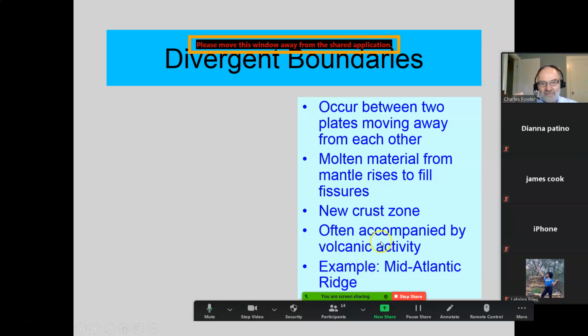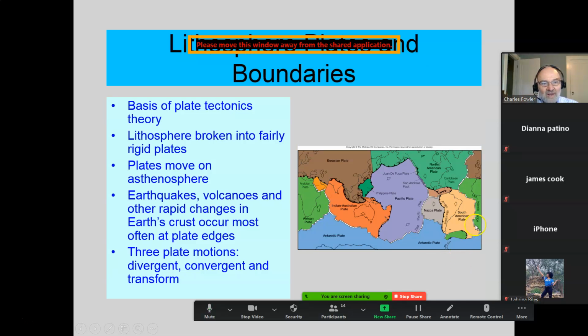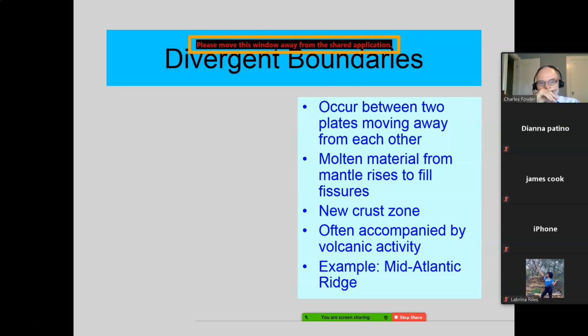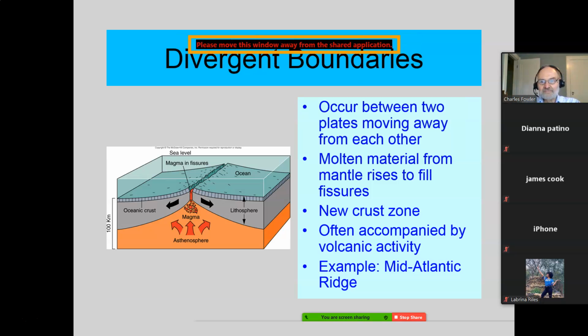The prime example of this is the Mid-Atlantic Ridge, like I said before, the classic divergent boundary that goes in between South America and Africa, North America and Europe. And that's what we've noted and talked about several times. That's not the only ridge. That's not the only divergent boundary, but that's one of the major ones. Okay? Now, here's what they think is happening.